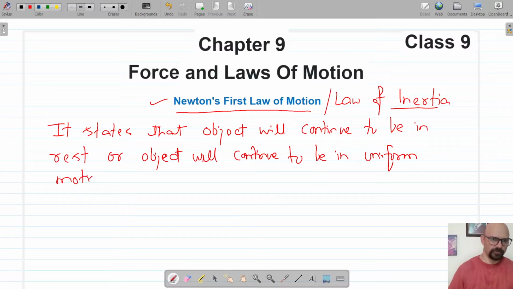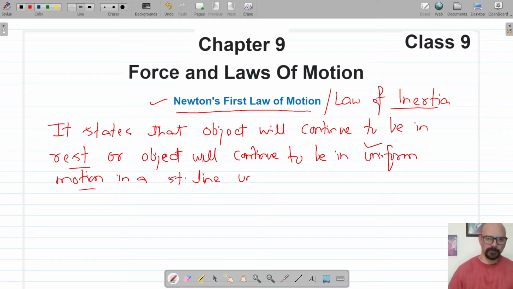We have already discussed uniform motion in the previous chapter. When an object covers equal distances in equal intervals of time in a straight line, we say it is in uniform motion. So the object will continue to be in a state of rest, or continue to be in uniform motion, and here it should be in a straight line,